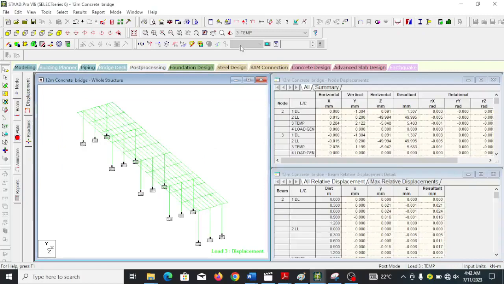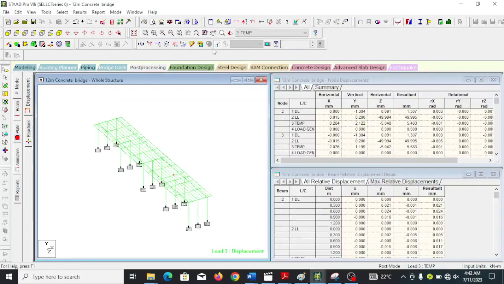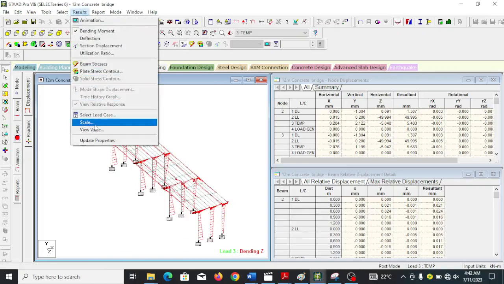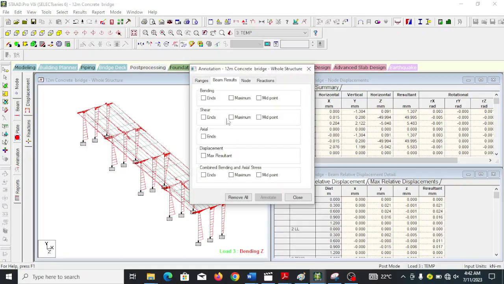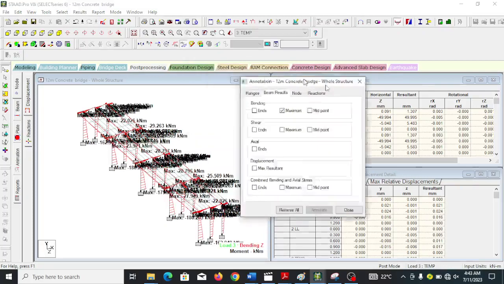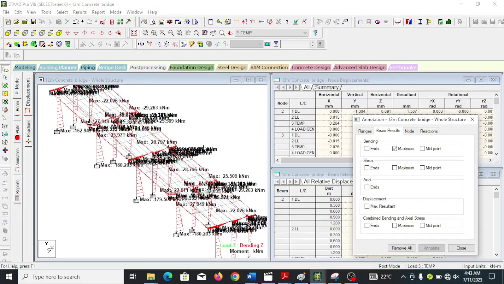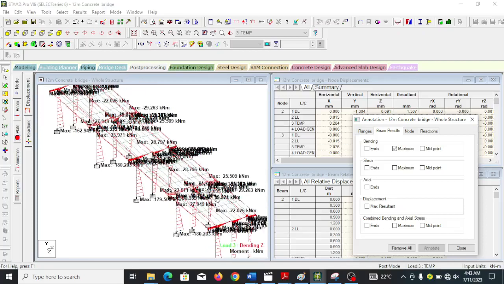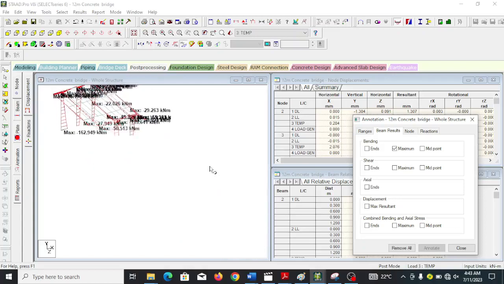So for the displacements, we click on this. We have our results for the bending. The results are not showing. Let me make them show. View values. So we come here for the bending. We click maximum and we annotate. You can see the results are here, but they appear very small because each of them is on each node. So these are the results we have for